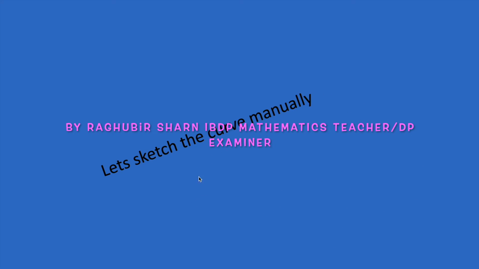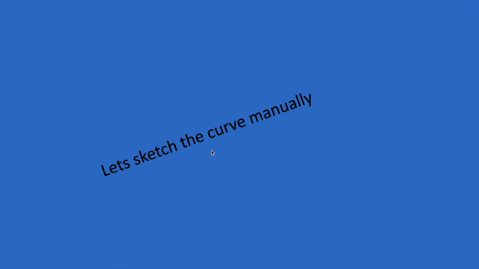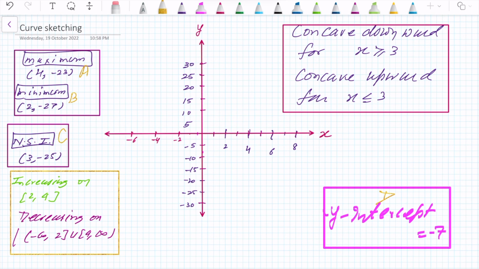Let's sketch the curve manually. With the required information at hand, let's sketch the curve. We have already explored maximum, minimum of the curve, non-stationary point of inflection, increasing and decreasing intervals, concave upward and downward intervals. And we also have the y-intercept of the curve. So let's start with marking first